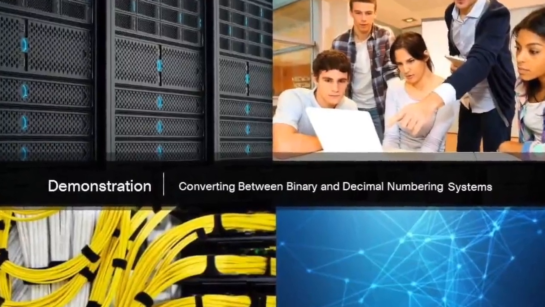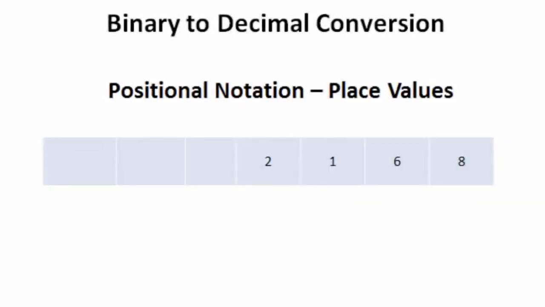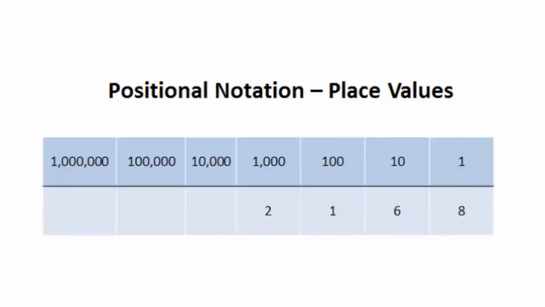In this video, I'm going to discuss binary to decimal conversion. But before I do this, I want to take a look at positional notation or place values. I have the number 2,168 here. If we look at the place values of the number 2,168, we can see that the place values